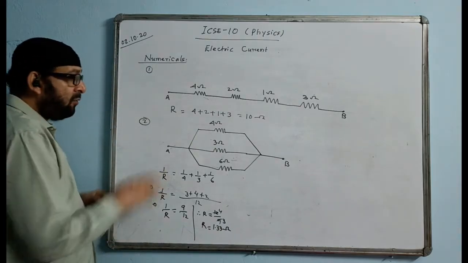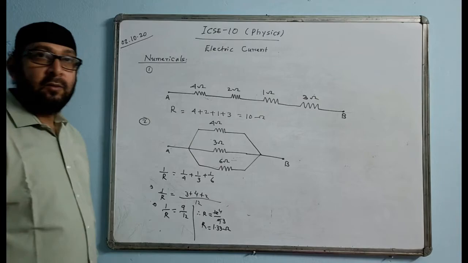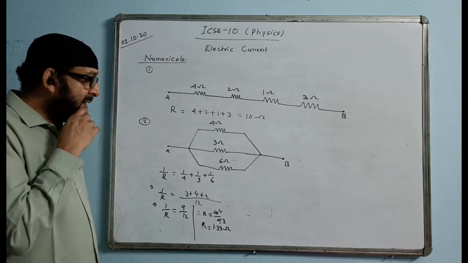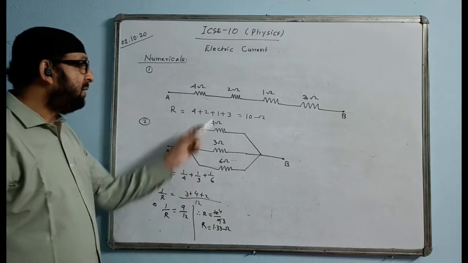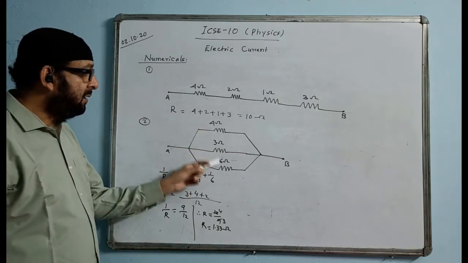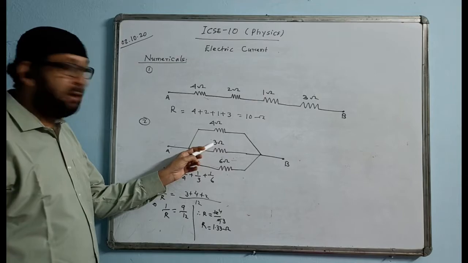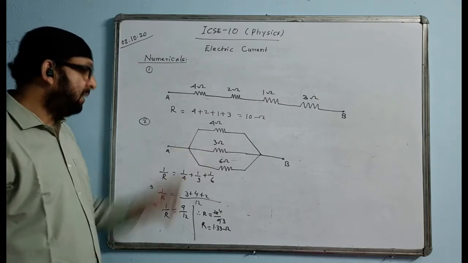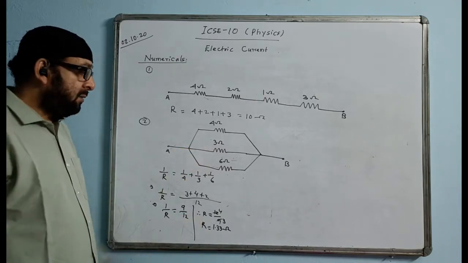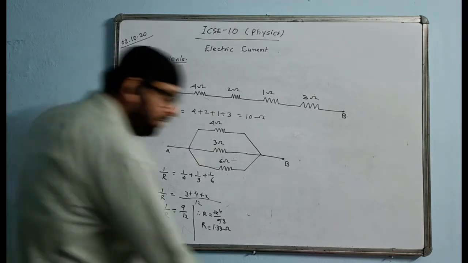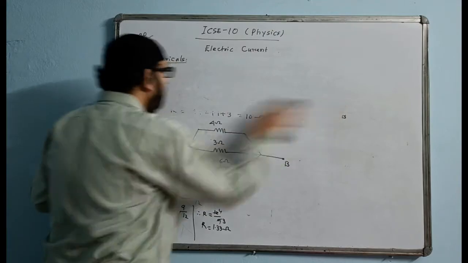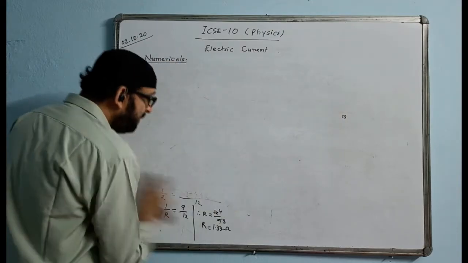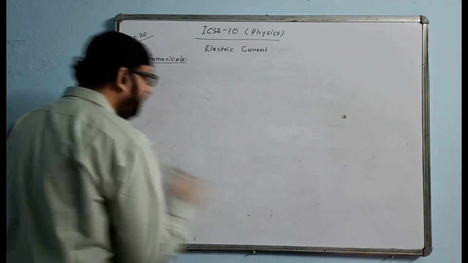So in parallel combination, as I told in the beginning, your total resistance comes less than the least. Your total answer is coming 1.33, which is less than the least of them, that is 3 ohm. Your answer will come anything but lesser than that, and that is the answer for this. Now another question. Find the equivalent resistance of the following circuit.